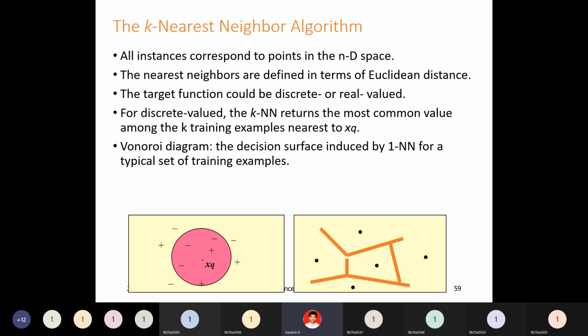For the first object, minus, it has distance 1, next plus has 0.5, next minus has 1.2. Then the next minus has distance 3, and the next plus has distance 4. We will not consider those other values, 3 and 4. We will consider 0.5, 1, 1.5, like that. Up to 1.5 we will consider, so the elements with distance less than 2 from xq are all grouped together and can be represented as a single class.